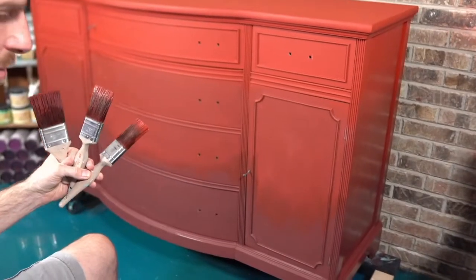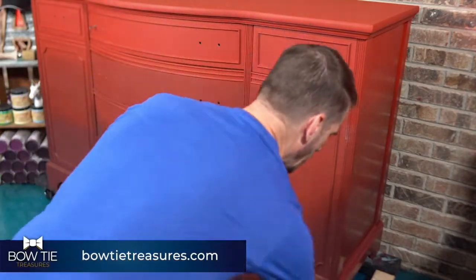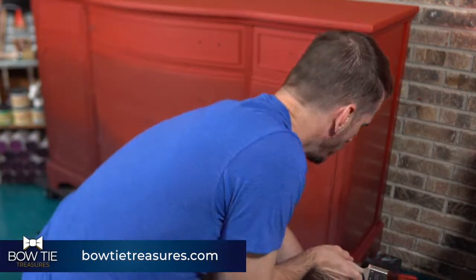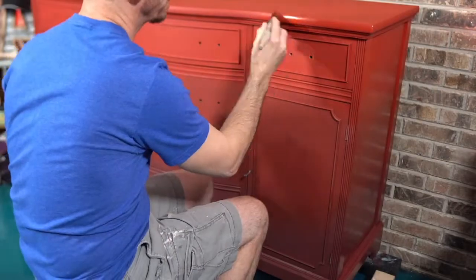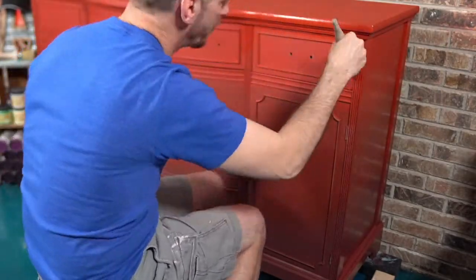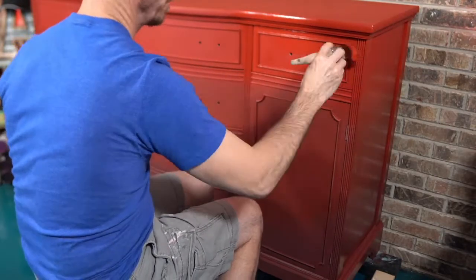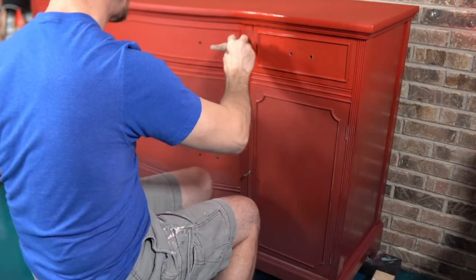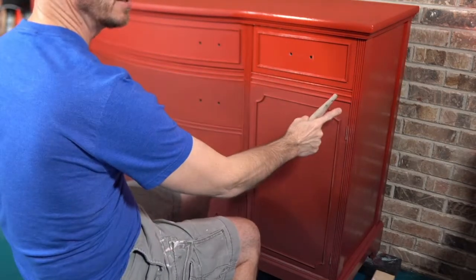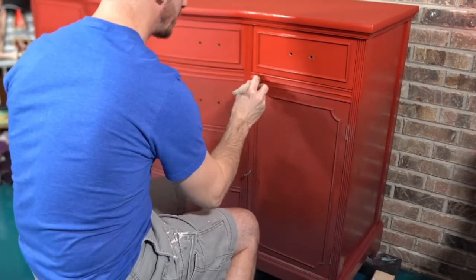Our colors from the top to the bottom are Barn Red, Rustic Red, and Muscadine Wine. We're going to just jump right back into it with the Barn Red. Right now, I'm just putting the first coat of Barn Red down, and a second coat. Right here is where my blend's going to happen, about right there. So as I put this color down,